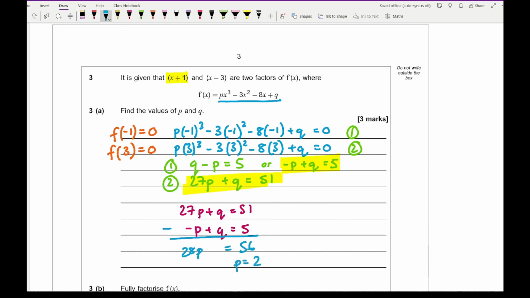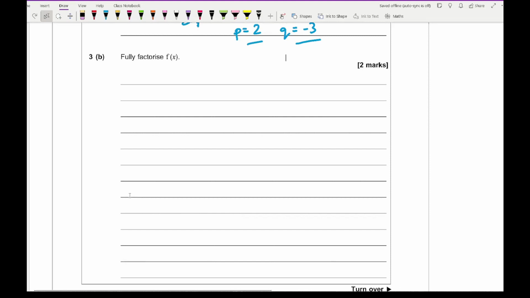So p equals 2, and therefore q would equal minus 3. Then moving on to question 3b, it says factorise fully. So here if I start by writing the original equation, we can now replace p with 2 and q with 3, so I end up with 2x cubed minus 3x squared minus 8x minus 3, and that equals the third term, which I don't know, so I'm just going to call that ax plus b,